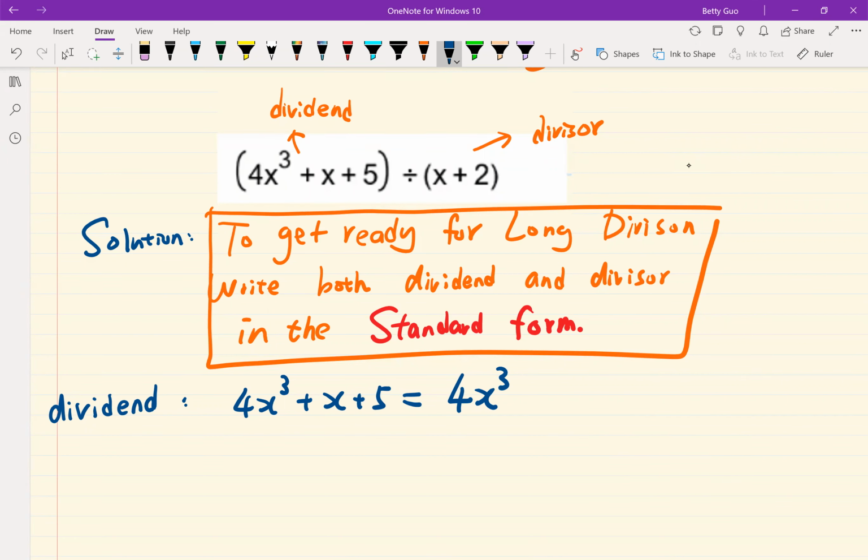Please copy down the steps in the long division. It is divide, multiply, subtract, compare, bring down. You need to write those sentences down. Divide, word by word. Divide